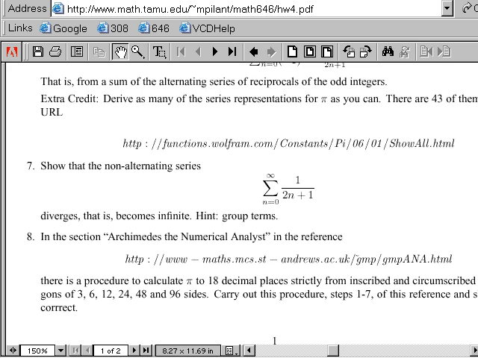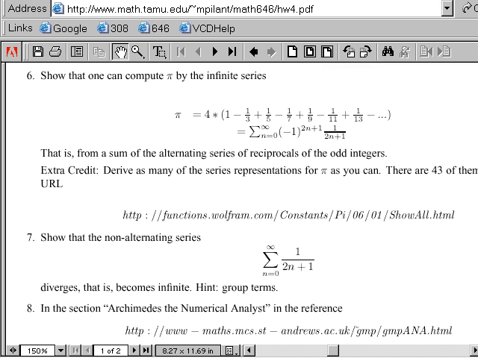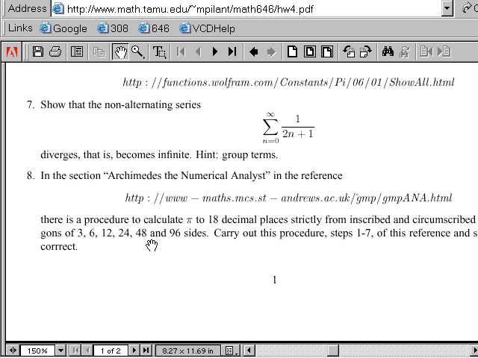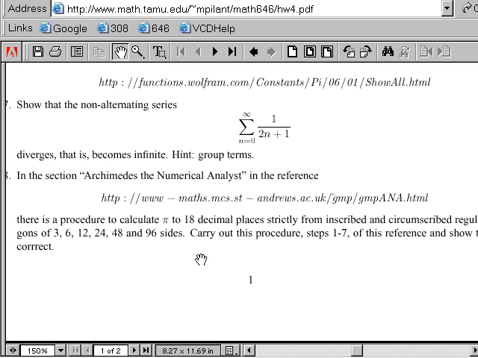Again, this is logarithmically divergent, and this, I guess, would be logarithmically convergent, a very slowly converging series. Now, in number 8, there's a reference, and you can pick this up on the HTML posting of the problems, called Archimedes the Numerical Analyst, where we talked about this before, where Archimedes inscribed polygons of 3, 6, 12, 24, 48, 96 sides. He did bisection of a triangle inside a circle, and he actually was able to estimate pi using a 96-sided polygon. But in this reference, there are some extrapolation schemes, which you can read about, that can actually use